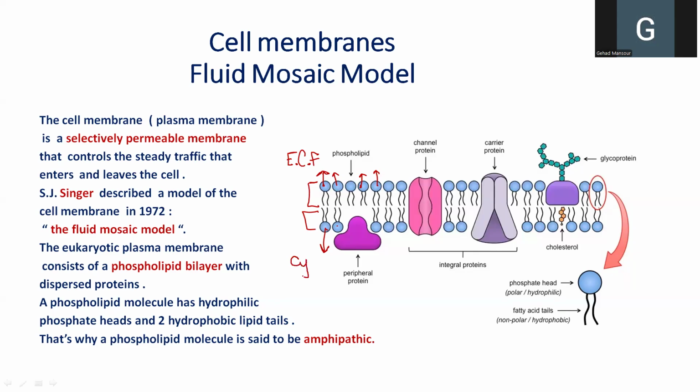directed towards the cytosol. What's common between the extracellular fluid and the cytosol is the presence of water. So the extracellular fluid is water plus dissolved substances, and the cytosol is also water plus dissolved substances. And that's because the phosphate heads, as you know, are charged. So they are polar, and polar likes polar. And since water is polar, these phosphate heads are always attracted to water, as we said